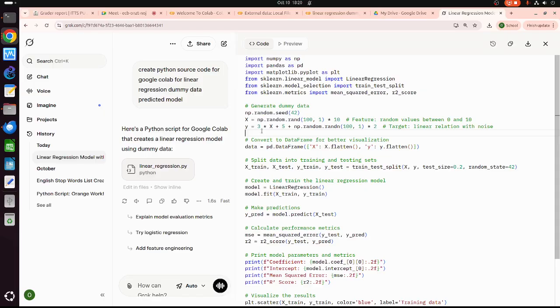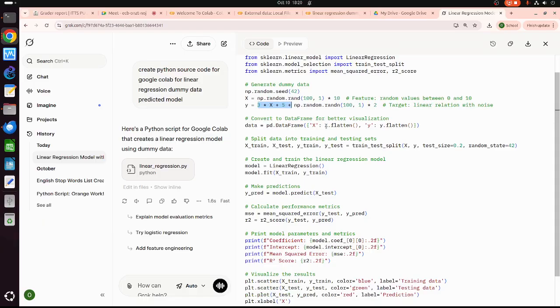The model is 3x plus 5 plus random data. So that means y will be with noise. The actual model is this one, 3x plus 5.